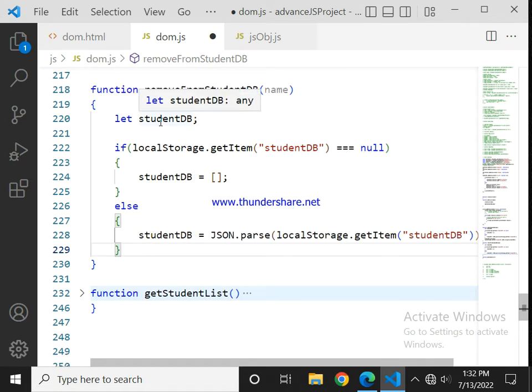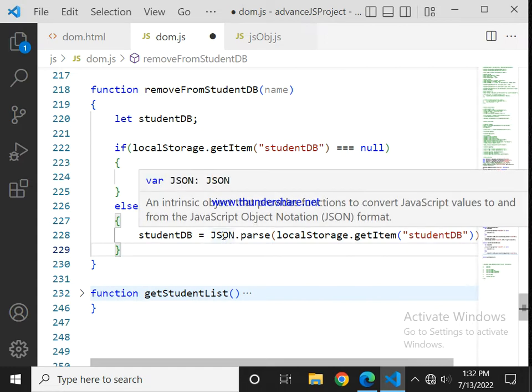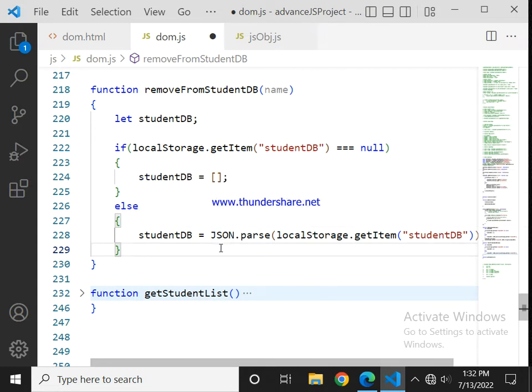This is simply saying if it is not there, create it. If it is there, get it out for us. Okay, so once it's there,